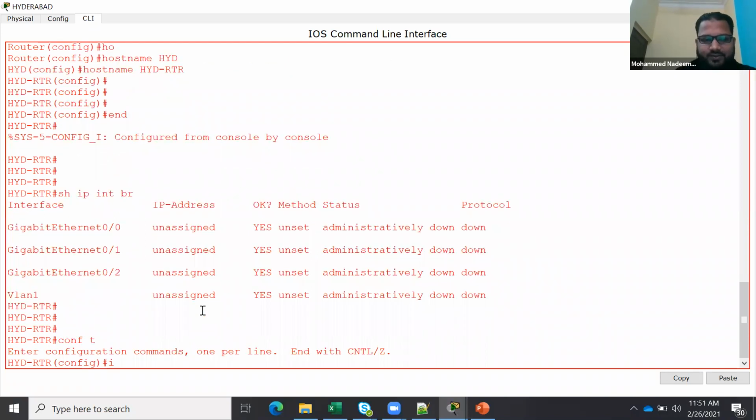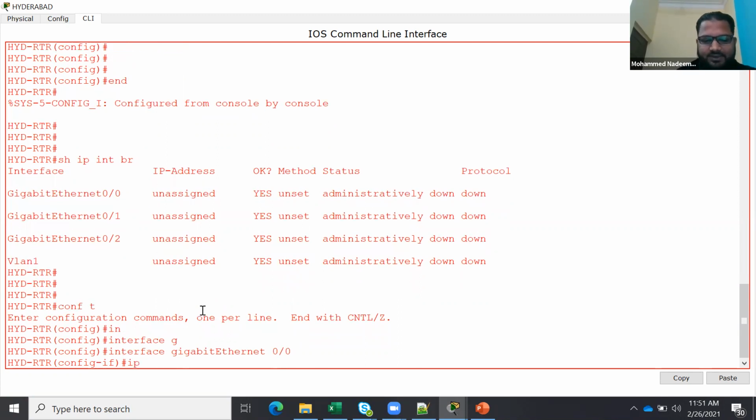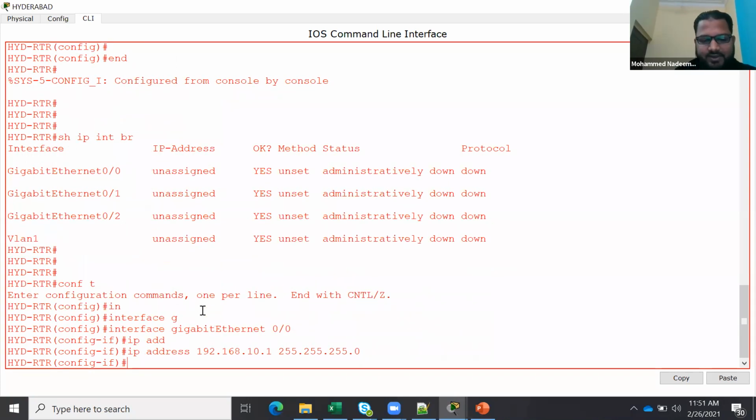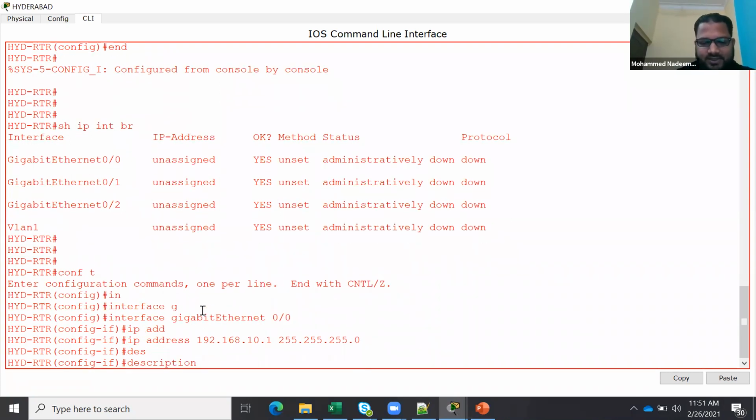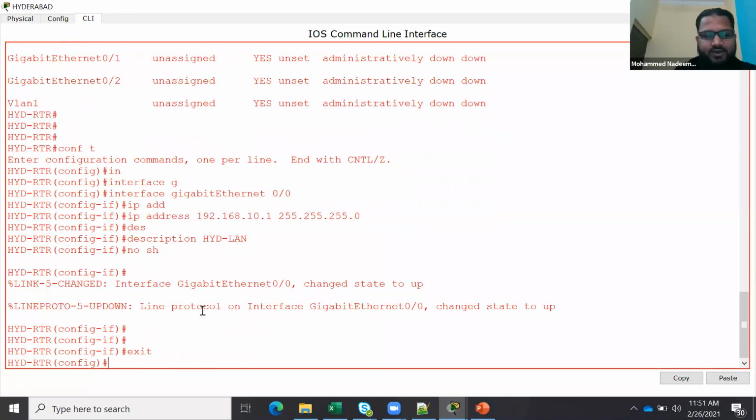Config terminal, interface Giga Ethernet 0/0, IP address 192.168.10.1, 255.255.255.0. You can put the description, HYD LAN. Just say no shutdown. Finish, your one work is done.